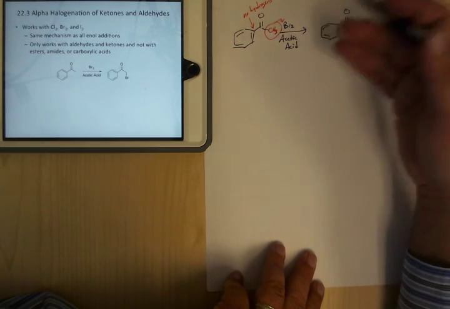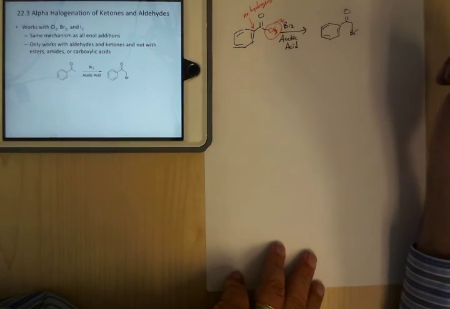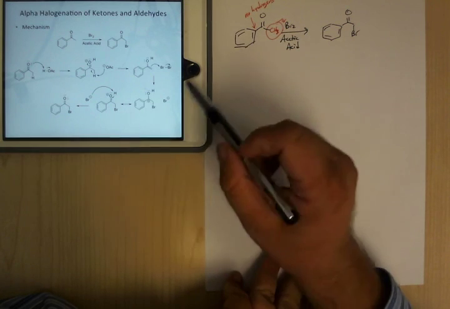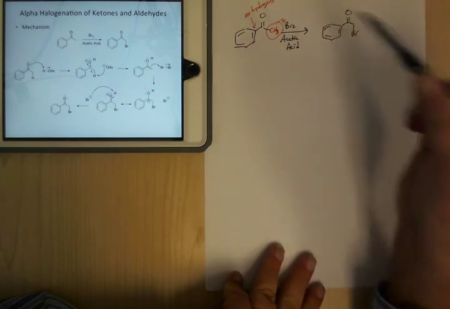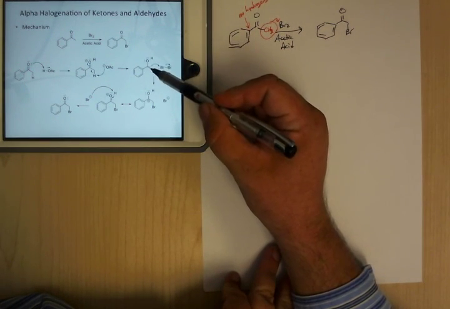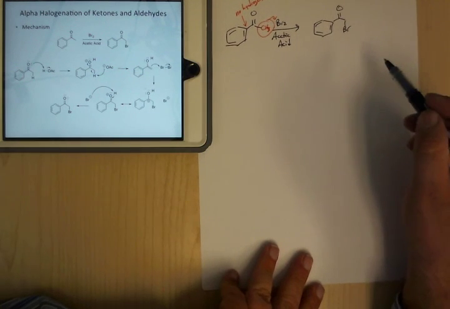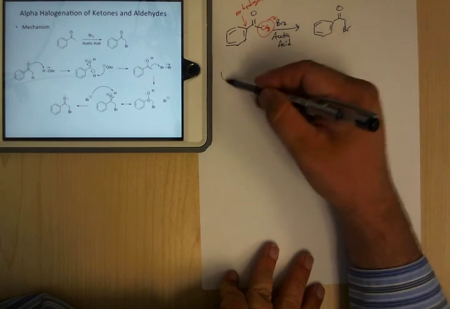It works the exact same way if it's chlorine, the exact same way if it's iodine. Stuff like that. So here's the mechanism if you want to do it. Essentially, you're making the double bond, right? So you're making the enol, which then comes in and does the attack, and rearranges to make this. So